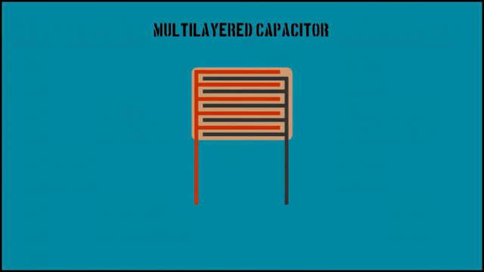To maximize capacitance in a small space, capacitors utilize multi-layering. In this diagram, you can see how multi-layering works. This employs the same principles of conductor, insulator,